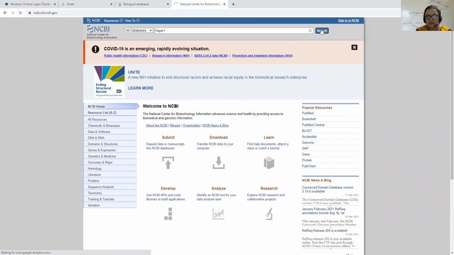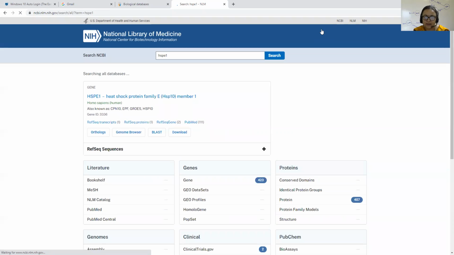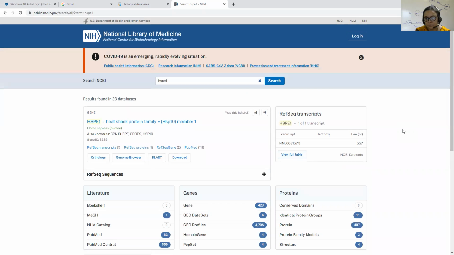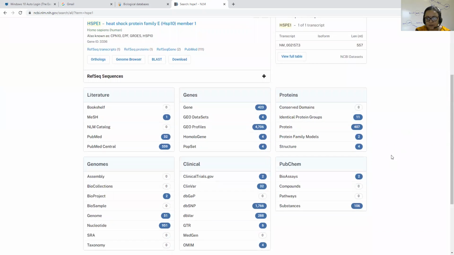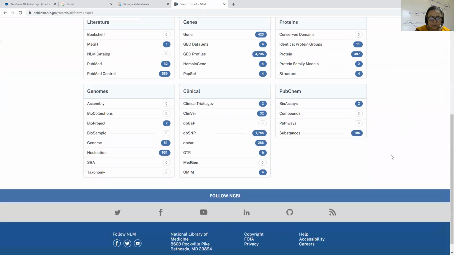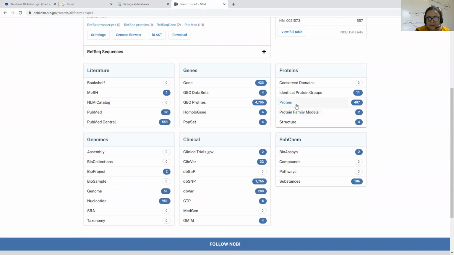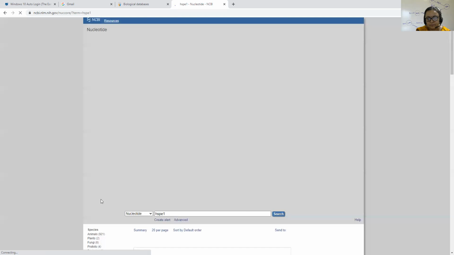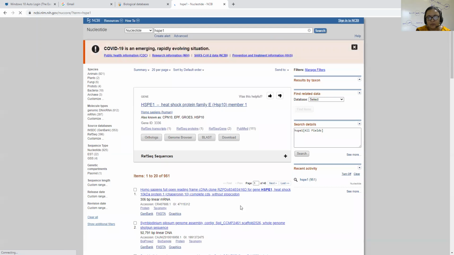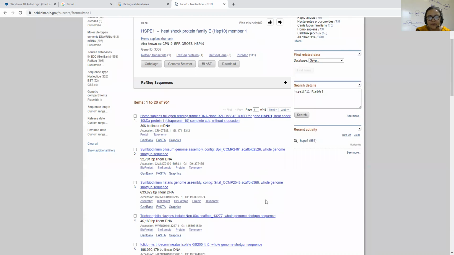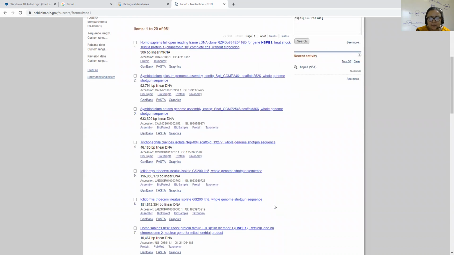There are so many resources, databases, and tools here. We will go to a particular field, like protein, or we can go to nucleotide. We just click on nucleotide. Now this is the list where this gene is present.